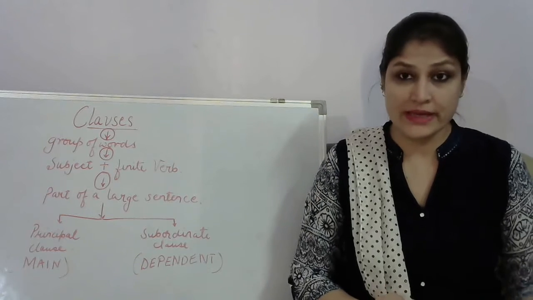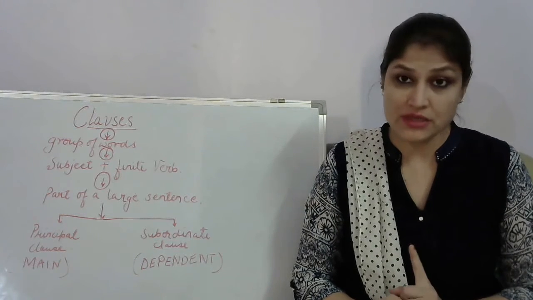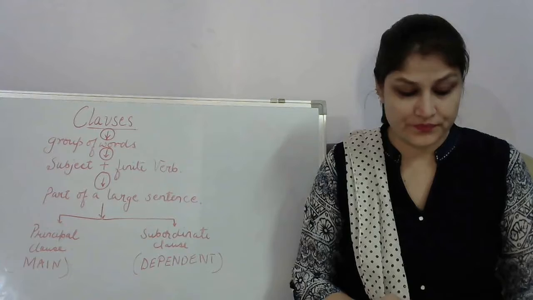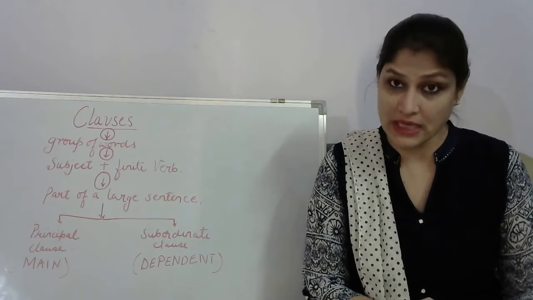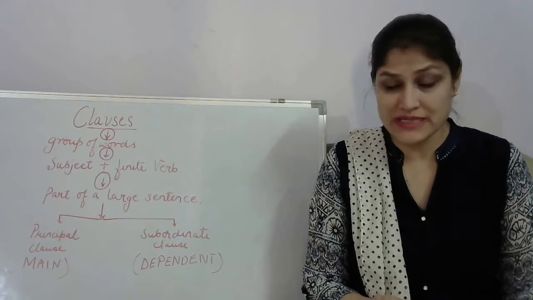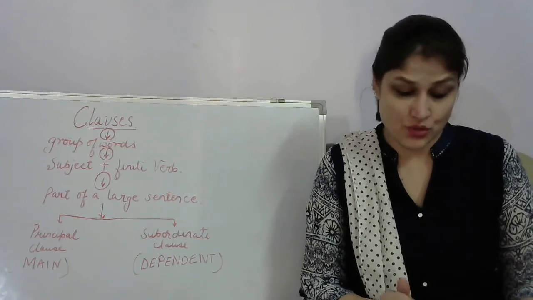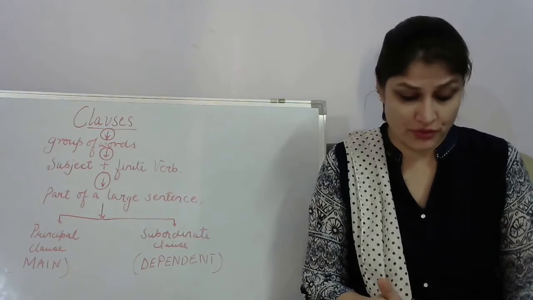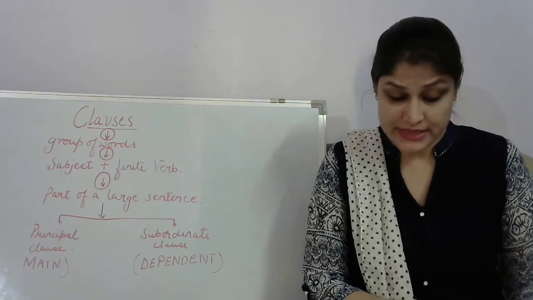So we will do one thing, we'll take one clause at a time. We'll start with the noun clause. A noun clause does the function of a noun. So a noun clause means it is working as a noun. Number one, it can be the subject of a verb. For example,